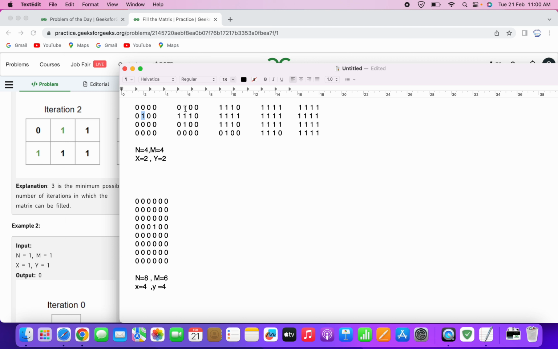This will be made to 1 because it is a neighbor of this. This also will be made to 1 because it is a neighbor of this, and this also for the same reason, it is a neighbor of this one. So in the next iteration we'll get 1 1 1 1 1 1 here, so 0 will be here, here